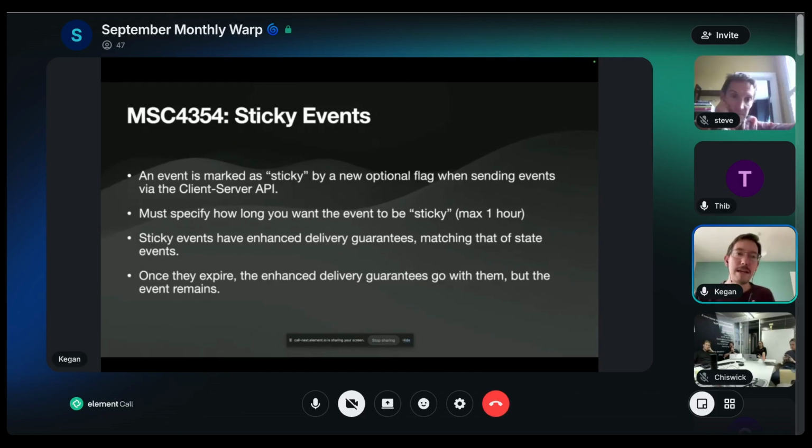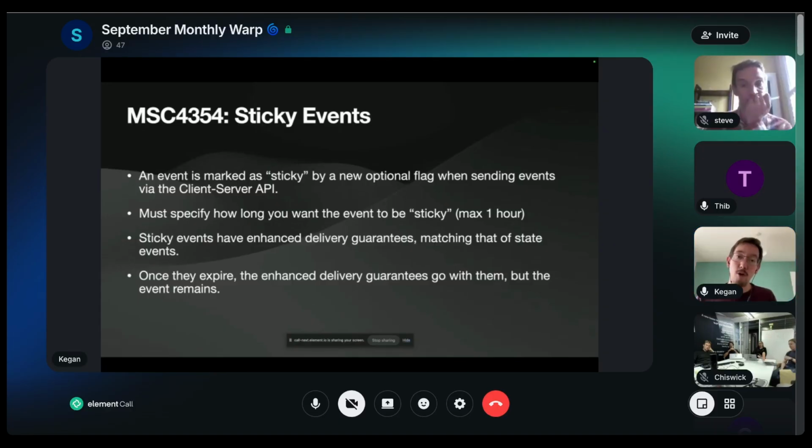How it solves this problem is by marking an event as sticky. And that's simply a flag that you can provide when you send an event. And that flag specifies how long you want that event to be sticky for, with a maximum cap of 1 hour. The idea is that sticky events will have stronger delivery guarantees than normal messages, which match that of state